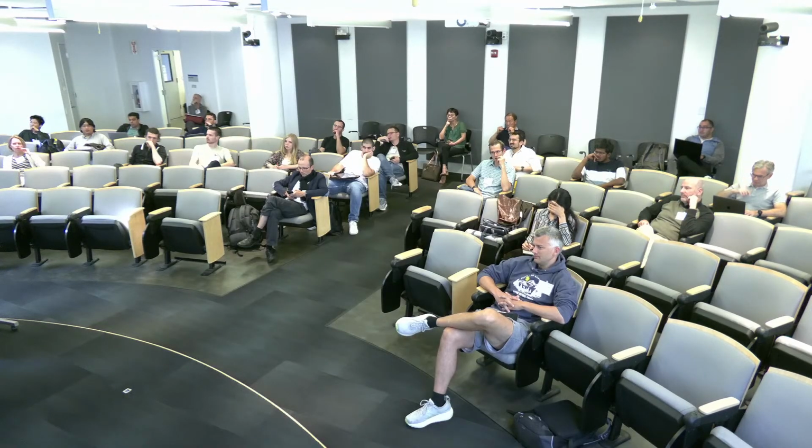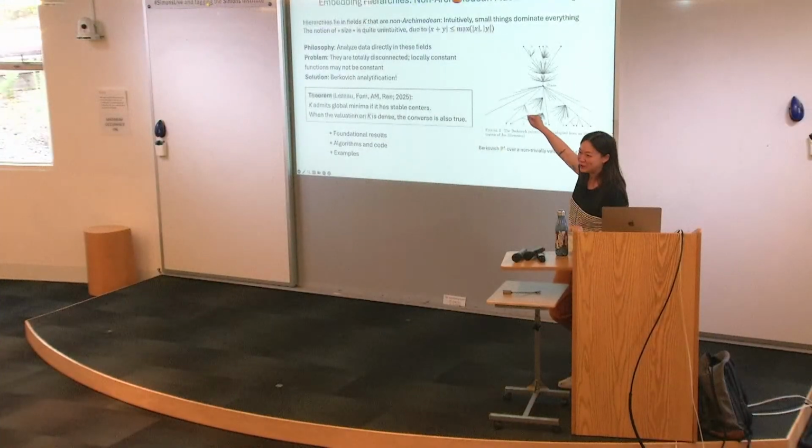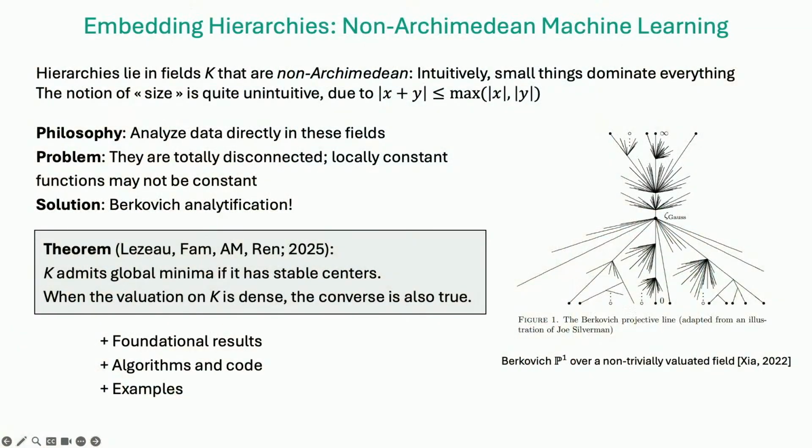Okay. So we have this non-Archimedean field. This is inherently where hierarchies live, right? This is the natural space where they live. And the way that people have been working with them before, dealing with complicated objects where they don't know what to do, they embed them into manifolds, because we understand manifolds, we have machinery and tools for them.